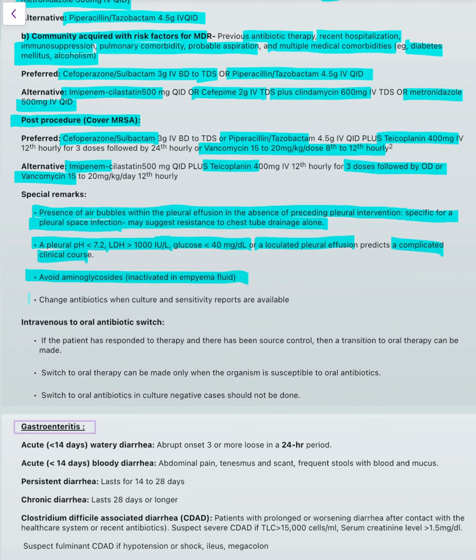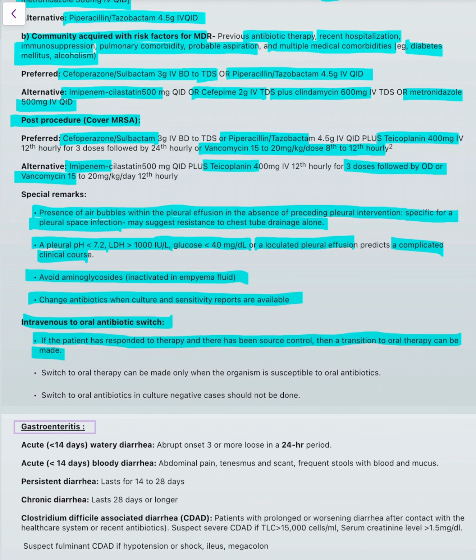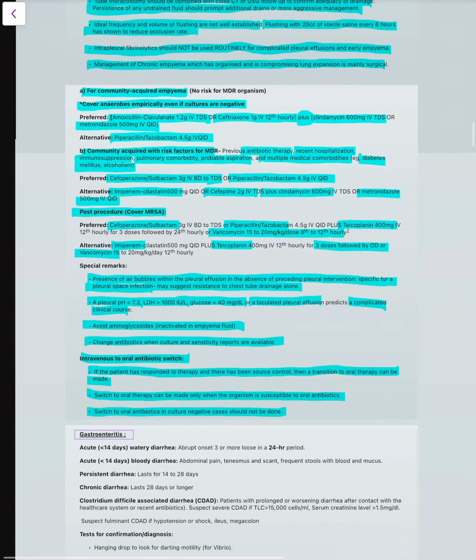Change antibiotics when culture and sensitivity reports are available, as we do for pneumonia also. IV to oral antibiotic switch: if the patient has responded to the therapy and there has been source control, then a transition to oral therapy can be made. Switch can be made only when the organism is susceptible to the oral antibiotics. If not, there is no use of switching. Switch to oral antibiotics in culture negative cases should not be done. So it's all based on culture and clinical response. So this was the short